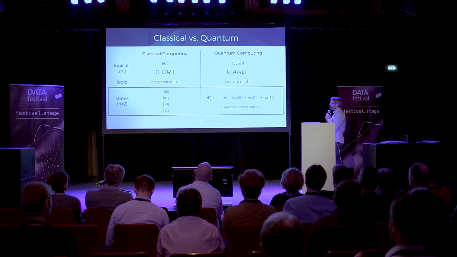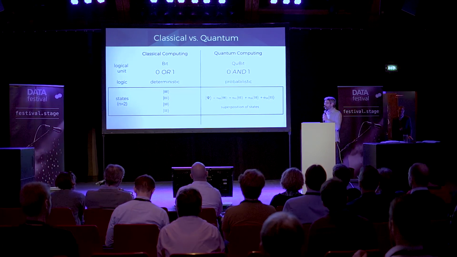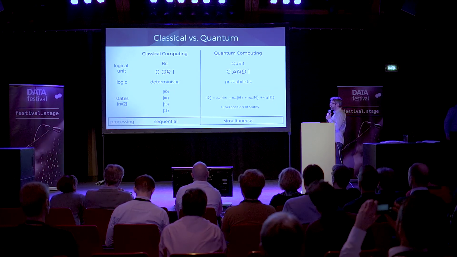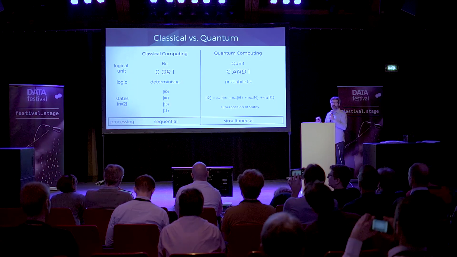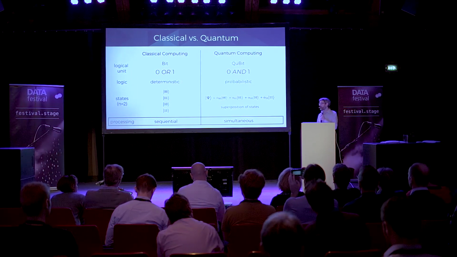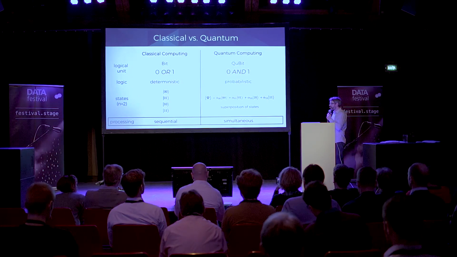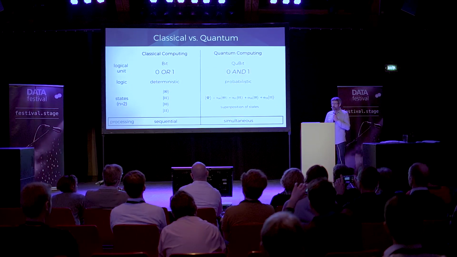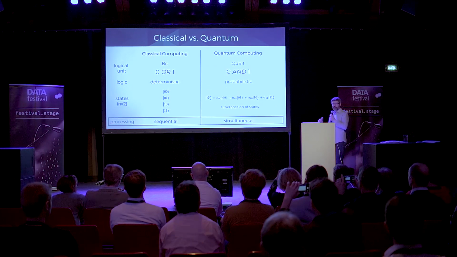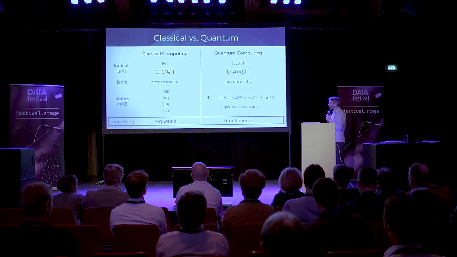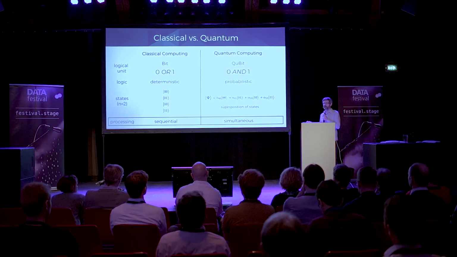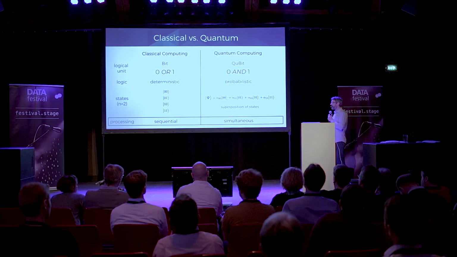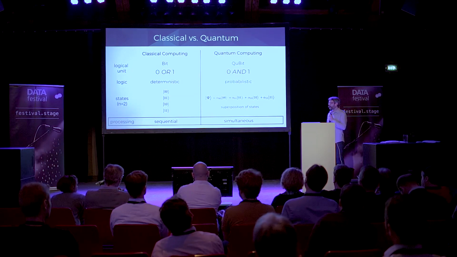So when it comes to processing information, that was the storing side. If we want to process it, usually in the classical computer, we have to go through all these states one at a time. So I start with one state, I process it, I go to the next one, I process it, and do that for all the states that I have. On the quantum side, however, I just have one state. So I can process all the information stored in the state at the same time. So it's simultaneous, and that gives us a huge speedup in computation. How does it work out?